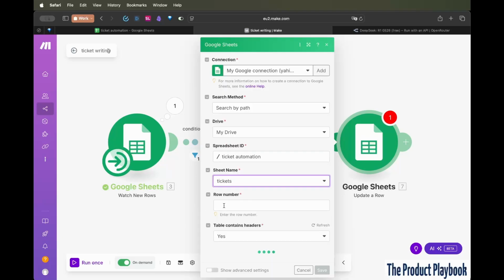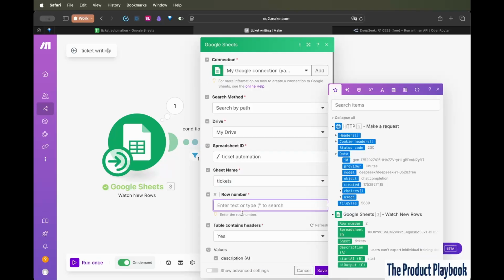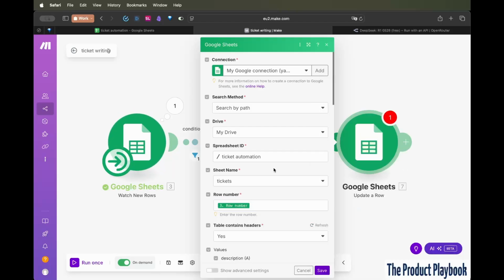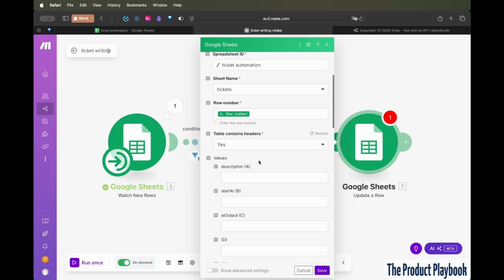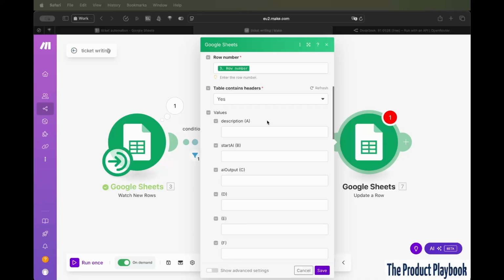And then here in this field for row number, we are going to select row number. We leave that as yes. Table contains headers. Now we're going to go down to the values section and we're going to AI output, which matches our output column in our sheet. We're going to click that field